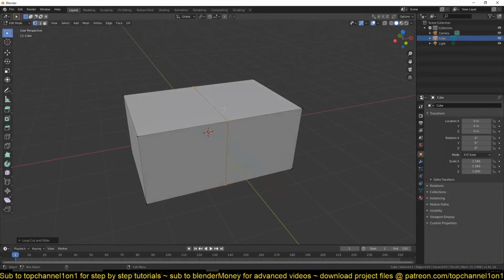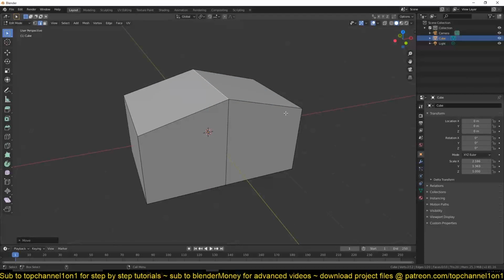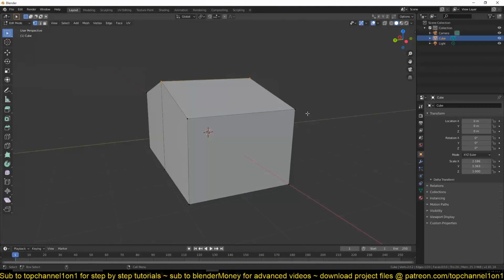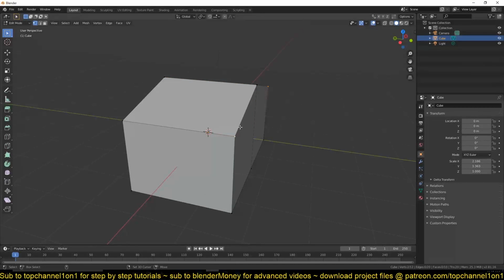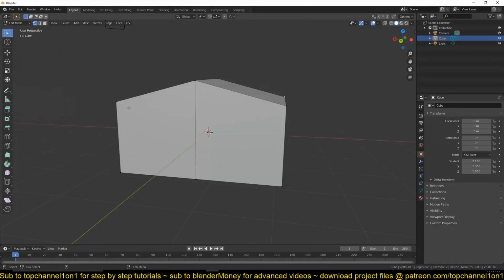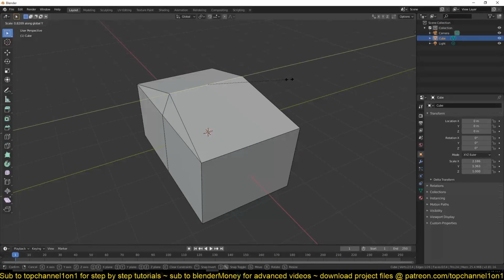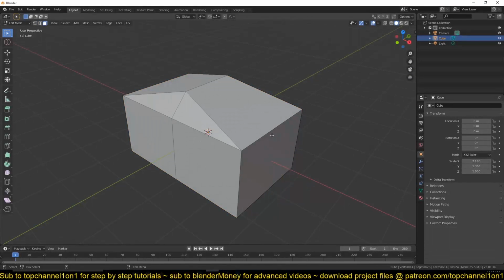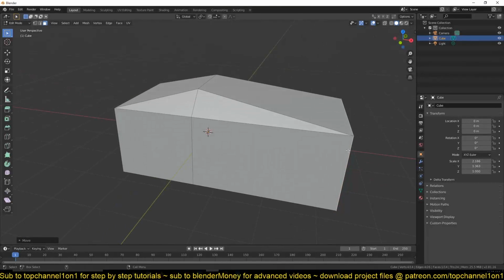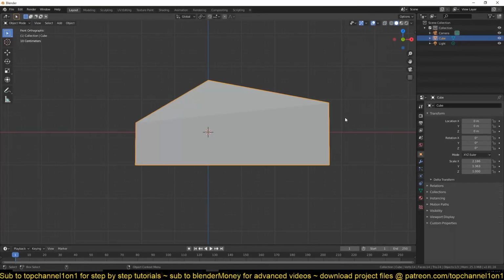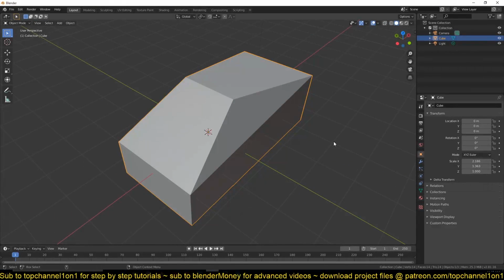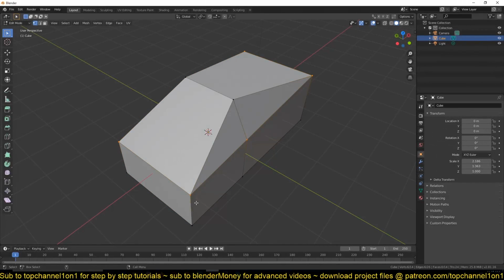I'm just adding a loop there, and then push this up, and so there is a slanting. This window is a bit slanting, so I will just add another loop there and another loop there, and then select this edge, scale it in the x-axis, like that, and you have your Cybertruck. I mean, I'm done. If you want to be fancy, then you can also add in a few extra polygons,